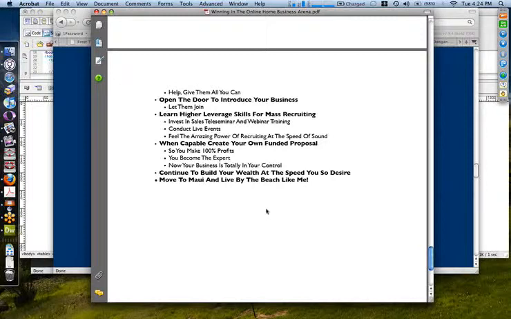So the point is, no one is going to appoint you. Go and do it. You appoint yourself. You create it when it's time. Now, once you get there, your business is totally under your control. You're profiting every day. You're recruiting at will, meaning you're at the position where you can literally say, today I think I'll recruit a couple people. And you will, just because you thought about it and you wanted to. That's how to win in the online home business arena, guys. That's really how to do it.